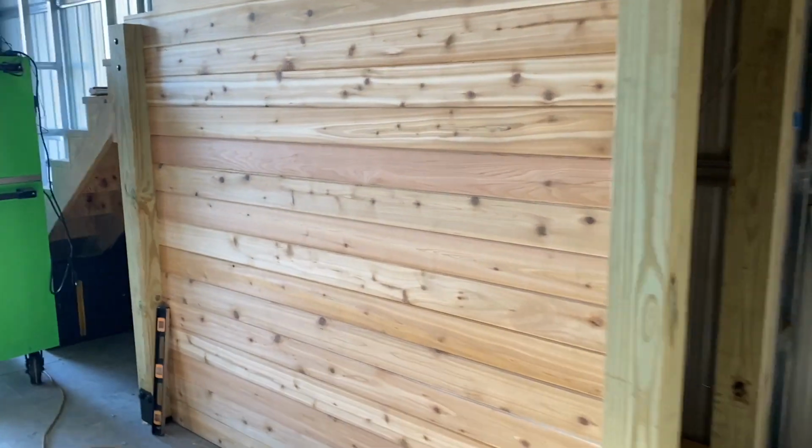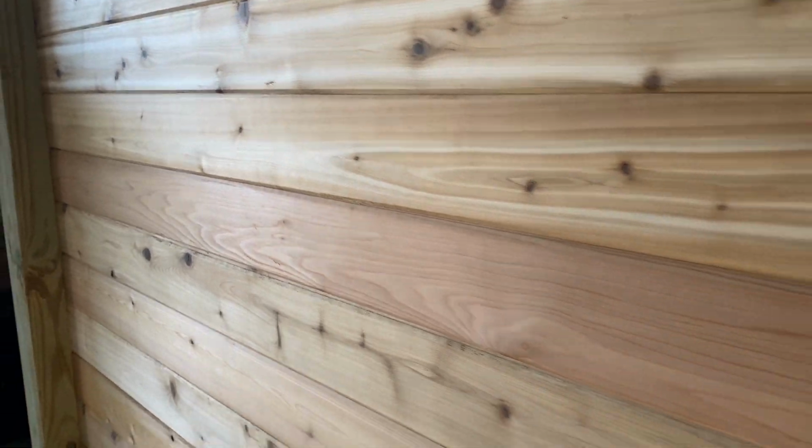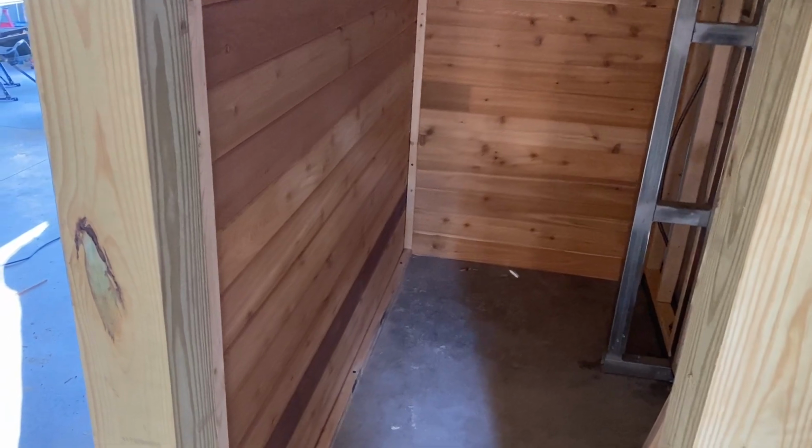So it's a little flimsy. I don't know if you can see that, but it's not too bad. Reason being is I didn't want to add another piece here, like another stud. But I thought about putting a 4x4 post on the other side, but I really don't think it needs it. It's not like somebody's falling through the wall, and it's a barn, but it's going to